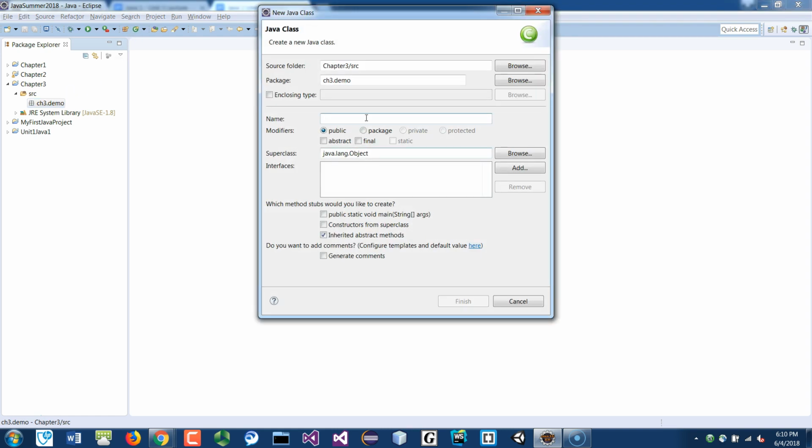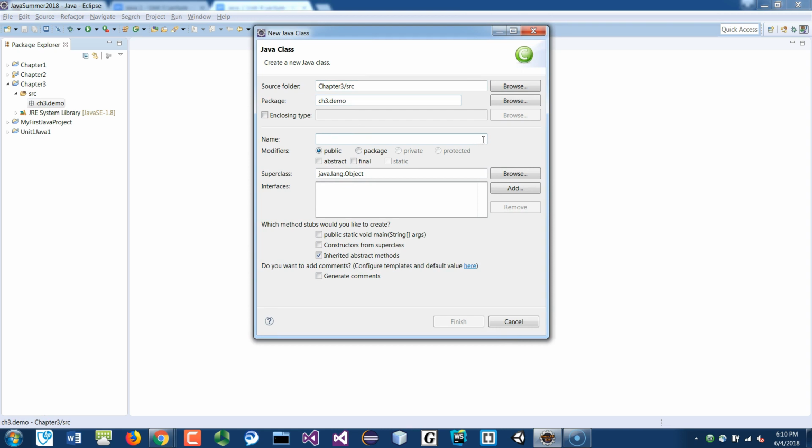We'll call this... I'm going to combine chapter 3 and 4 together. So chapter 3 mainly shows you how to create classes and functions and data fields. So we're going to cover chapter 4 together with it. Chapter 4 deals with overloading methods, right? And a few other things like polymorphism as well. So I'm going to call this one here